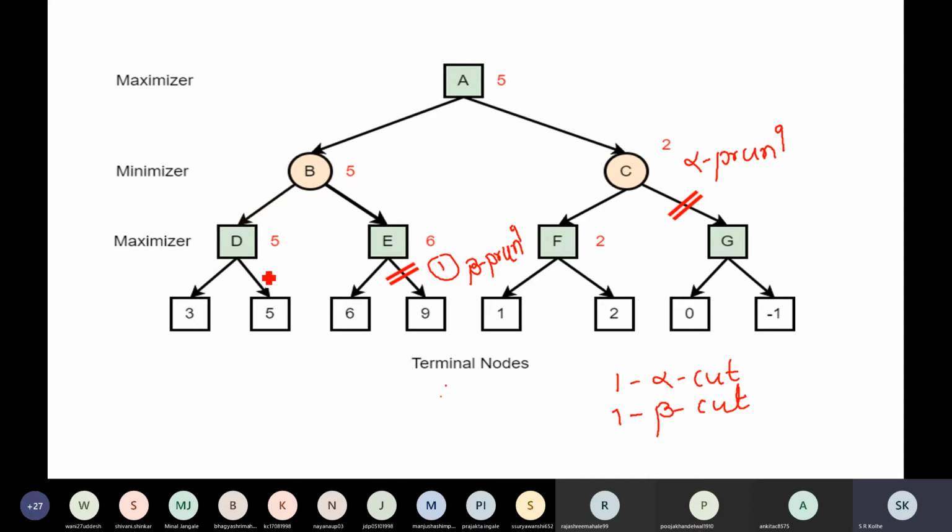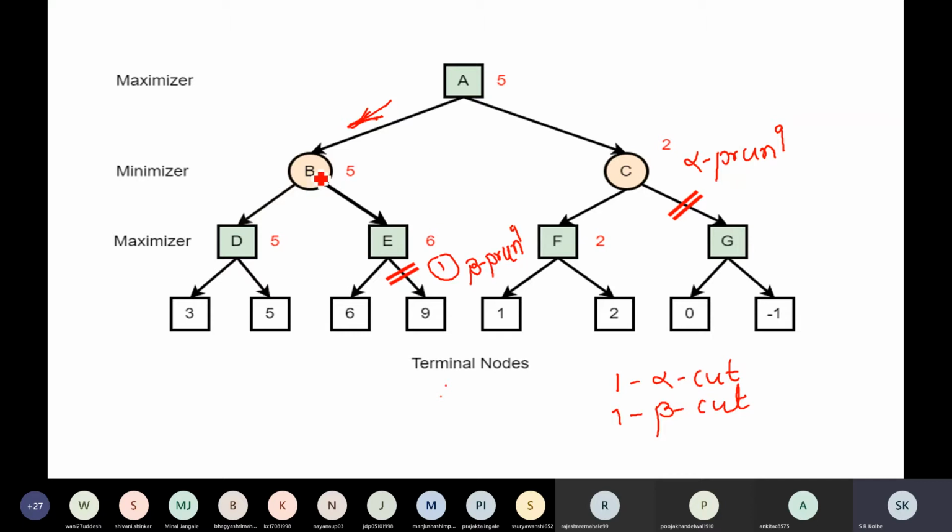So ultimately the result of execution of this algorithm will be that maximizer A will select this option. A has two options. Beforehand, before making a move, A has performed some algorithm calculations and come to know by alpha beta that it should make this move so that it gets maximum benefit. If A makes this move, the minimizer will make one of these two. What move will the minimizer make? This D, of course, because both players are playing optimally.